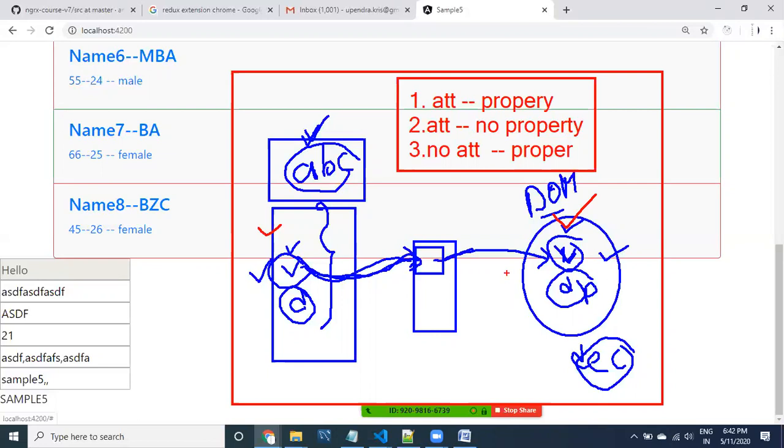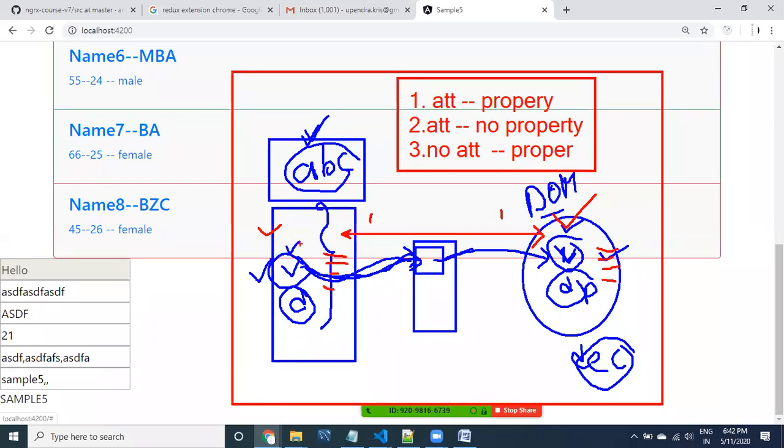For every HTML element, one DOM object is created. That is a one-to-one relationship. But inside the element there may be multiple attributes, and inside the DOM there may be multiple properties.